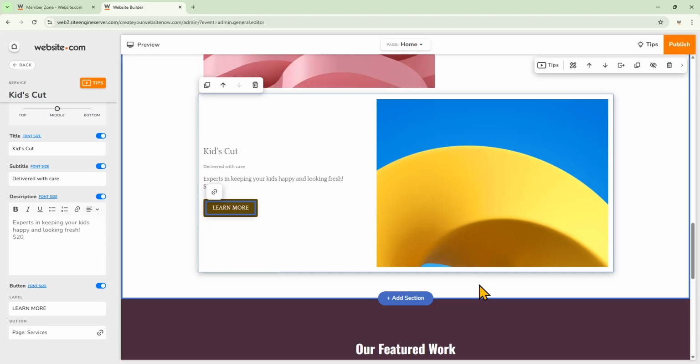So we've edited that services section. Now it's time to add a way to let users book an appointment with you, and you can do this by adding a contact form and contact information, or adding online booking to your website, so visitors can easily book instantly through your site. So for option 1, we'll try that.